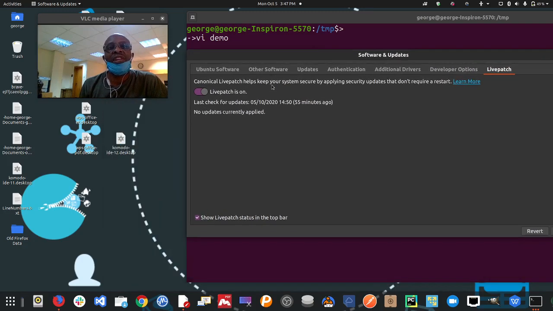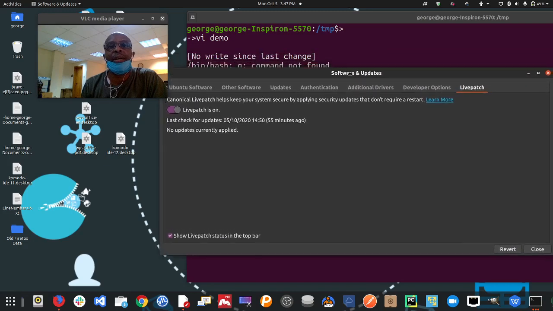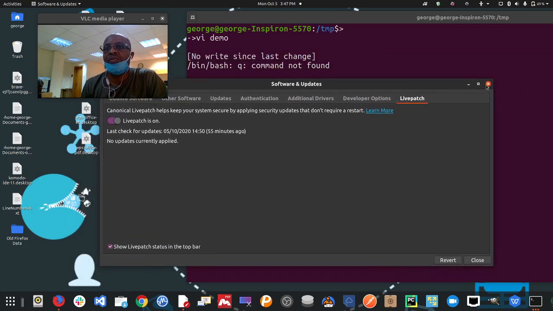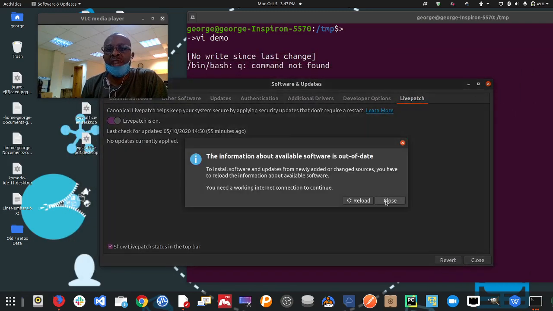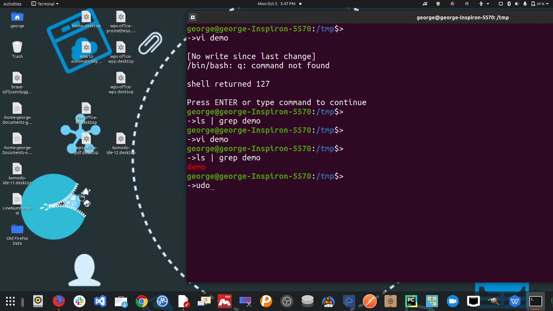This service makes it possible for you to keep your kernel up to date with live patches from Ubuntu or from Canonical. Okay, so this is this. Okay, if you want to do updates, there are several ways you can do that. You can do that in the terminal. And what updates